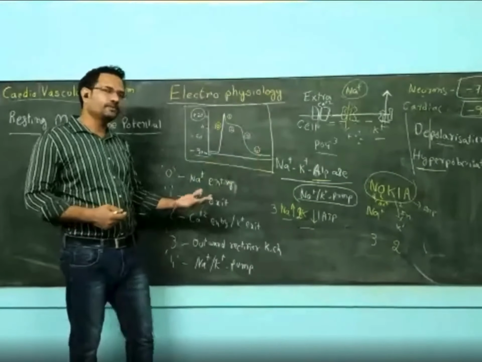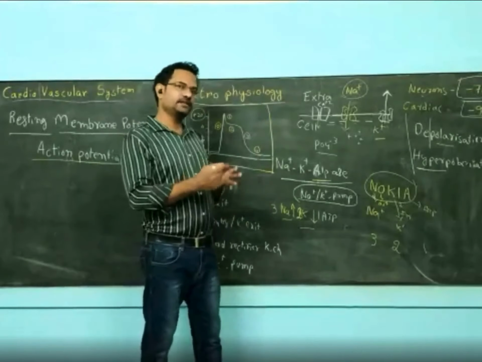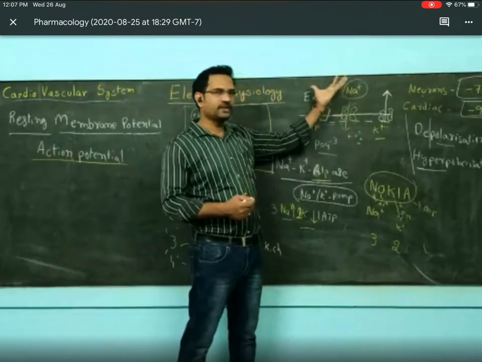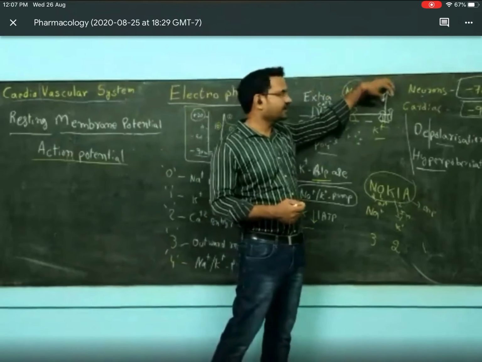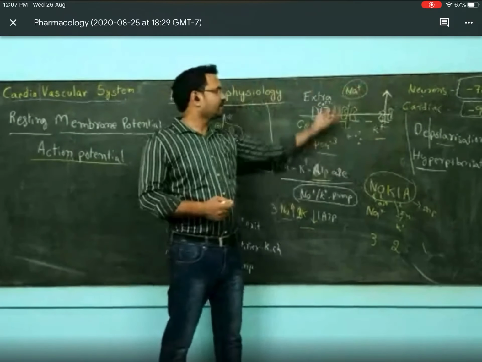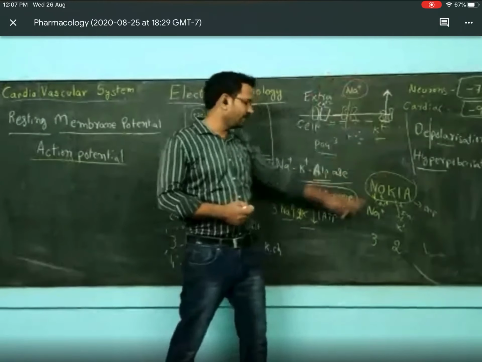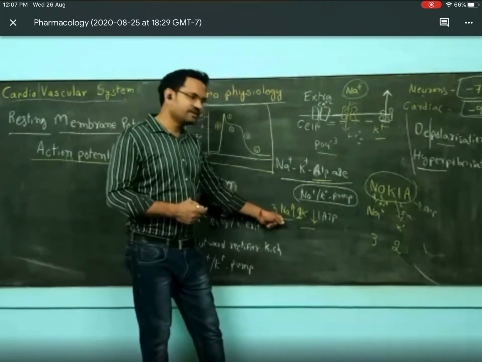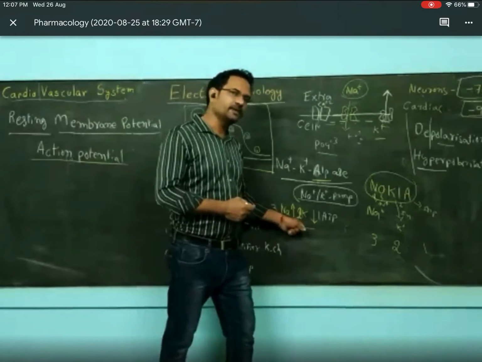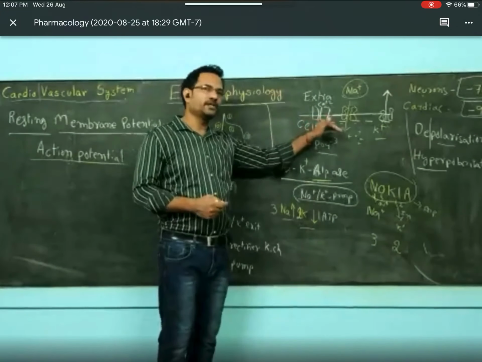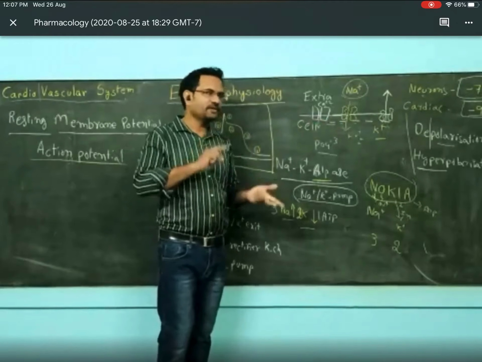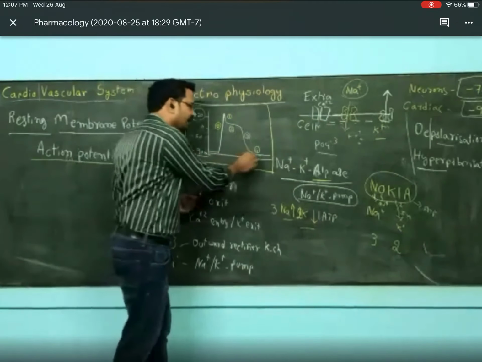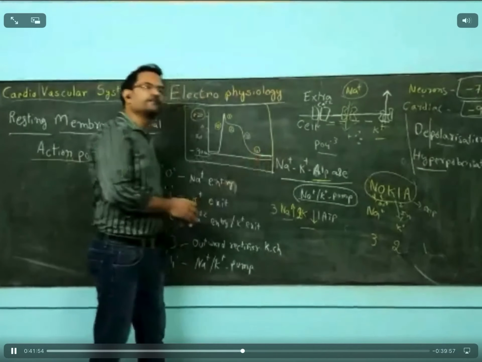What is the job of the sodium-potassium pump? It is acting against the concentration gradient. It is sending the sodium from inside to outside, and it is taking the potassium from outside to inside. Three sodiums go out, two potassiums come inside with the help of one ATP. Again, you can see three positives are going out, only two positives are coming in. So it corrects that potential. Ionic balances and potential, everything will get corrected, and it again gets back to minus 90 millivolt. Again, this becomes a normal line.